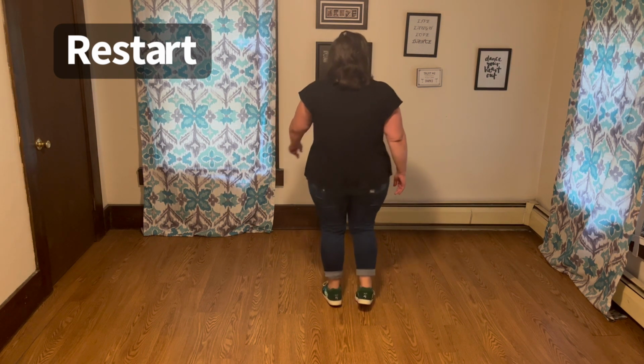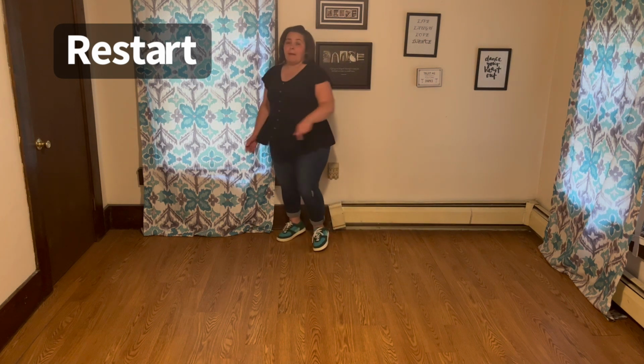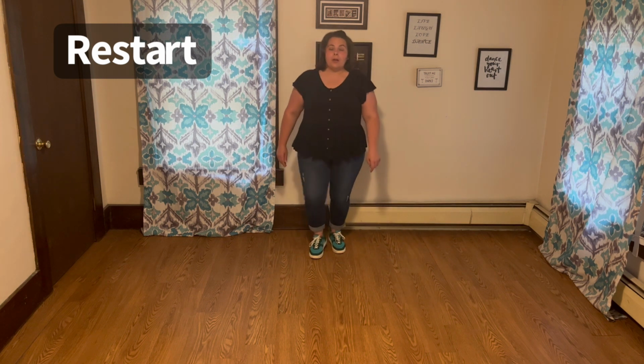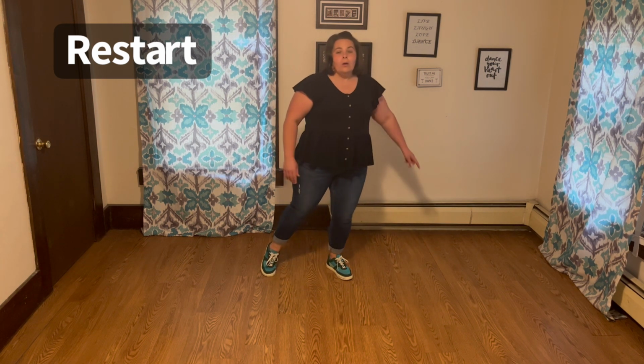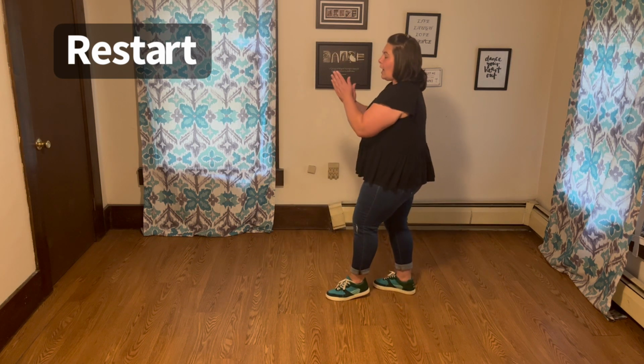step, kick, ball, change, hop and touch, hold, hop and touch, hold, step, half pivot, half, half, press forward, recover, step, press forward, recover, walk, back, back, coaster step, point, hold, step, point, heel, grind, quarter, ball, touch, clap, clap,